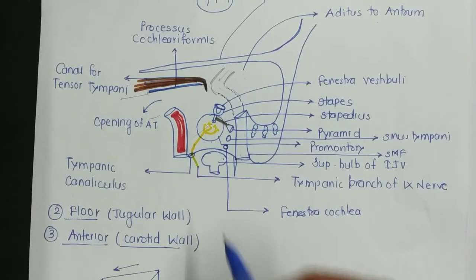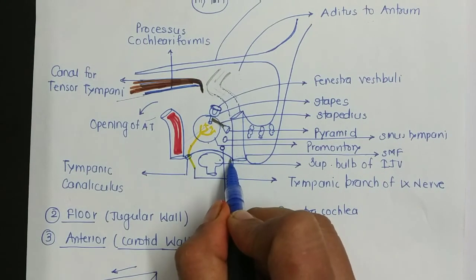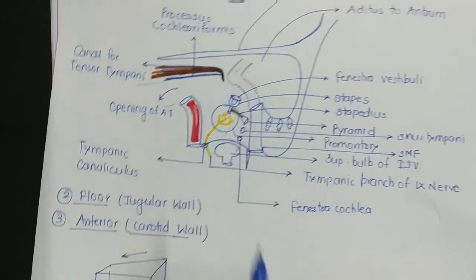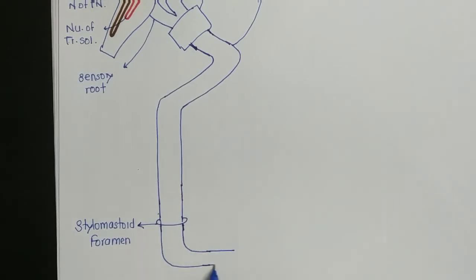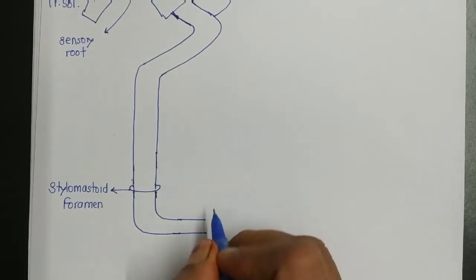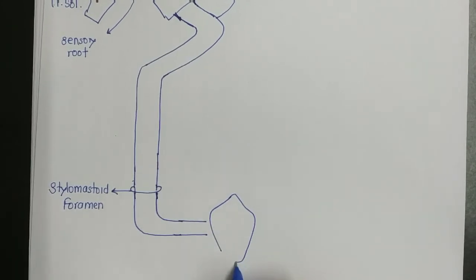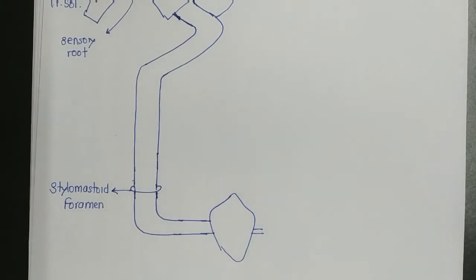Now again we can go to this diagram. So here after coming out, the facial nerve, this is the styloid process and it passes superficial to the styloid process. Clear? So it passes forward superficial to the styloid process and further it pierces the posteromedial surface of parotid gland. So here lies the parotid gland and it pierces the posteromedial surface of the parotid gland.